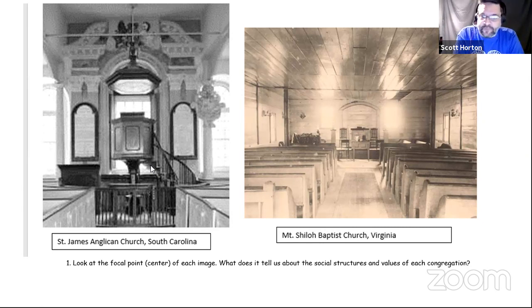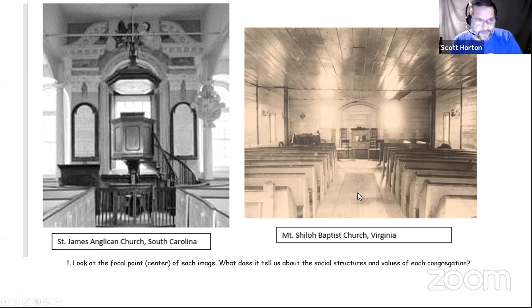They believe in levels. Over here, a Baptist church, which would be more of a New Light sort of church. Notice that the minister is not up on an exalted pulpit here, that they would actually stand on the same level. And there's definitely an intentional meaning of that, a sense that maybe there isn't so much